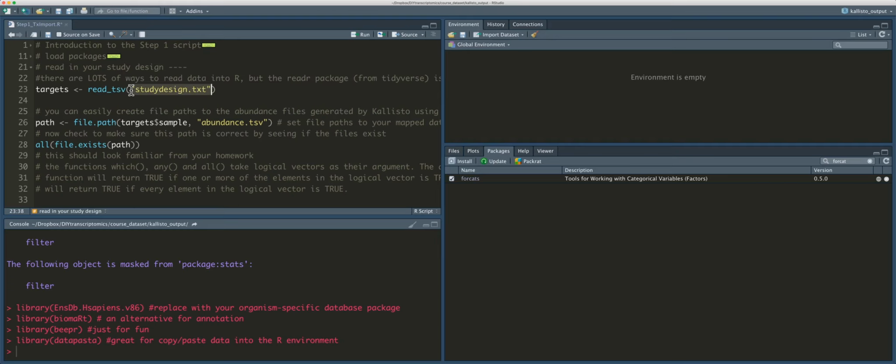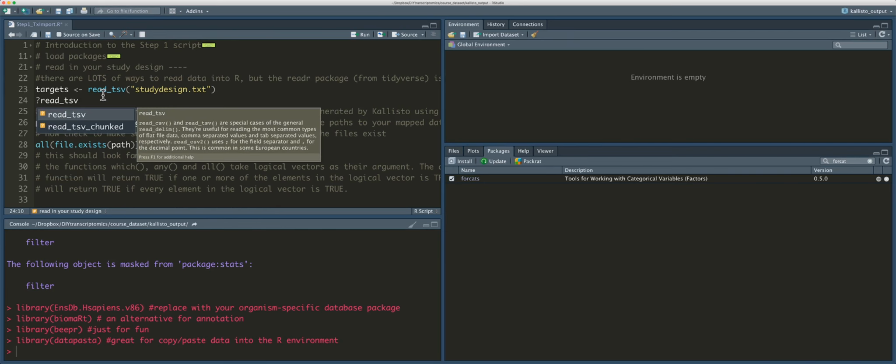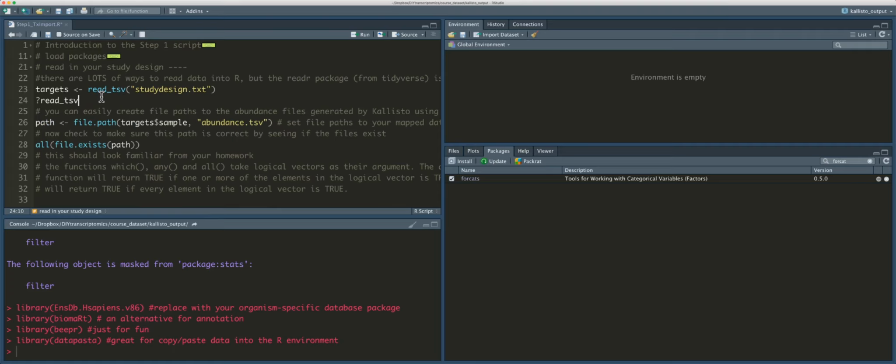All right. So we're going to run this line of code, and we're going to produce an object here in just a minute. I just want to highlight that there's other ways to get information about functions. So before I run this code, it's just a brief aside. If I were to type question mark and then the name of the function, that is a universal way in R to get help. And because I have this handy help tab over here, anytime I do this, the documentation for this function will pop up over here in the help tab. So I'm going to run question mark read TSV,